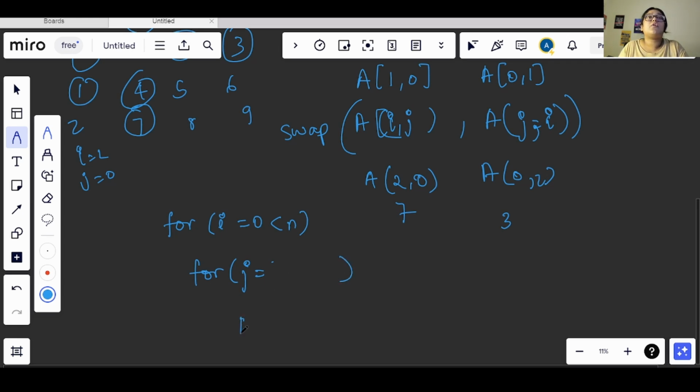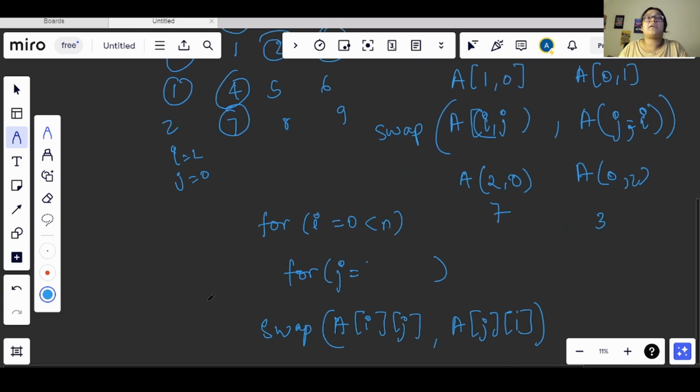So here what we are doing, we will take A of i, j and A of j, i, and we will be swapping these both values only. Now what is the iteration for j?